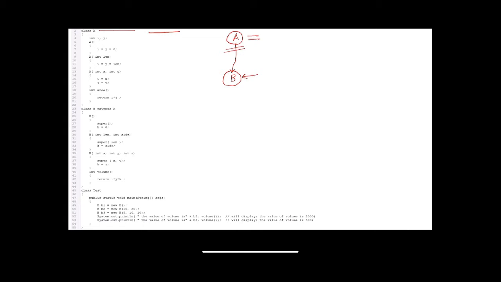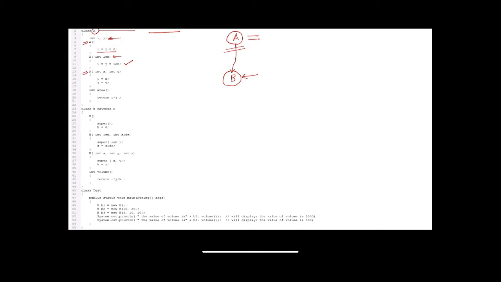So how this is done, let us see. I'm having two variables in my class A, I and J. I'm also defining a default constructor A where the values of I and J are initialized to 0. Then I'm having a constructor A where the values of I and J are initialized using len variable.